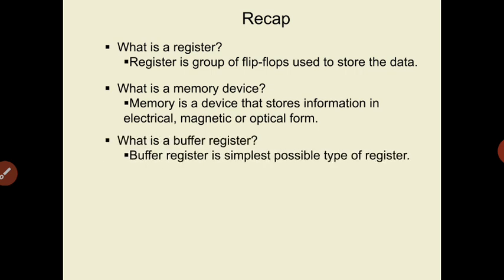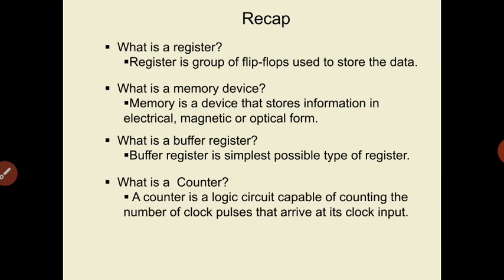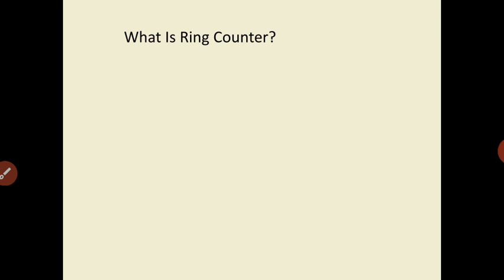And what is a buffer register? Buffer register is the simplest possible type of register. And at last, what is a counter? In the previous lecture we have seen what is a counter. A counter is a logic circuit or digital circuit which is capable of counting the number of clock pulses that are applied at the input of the counter circuit, that arrive at its clock input. So these are all the things we have seen in the previous lectures,